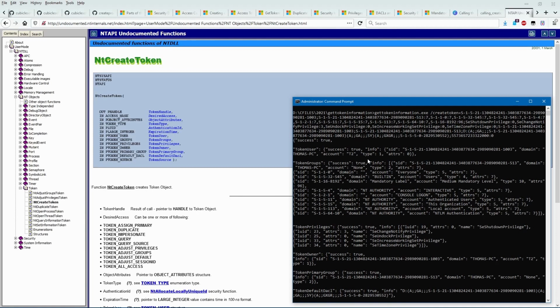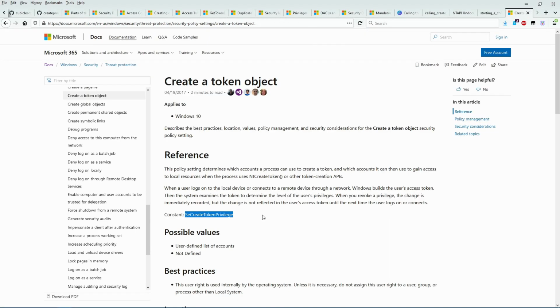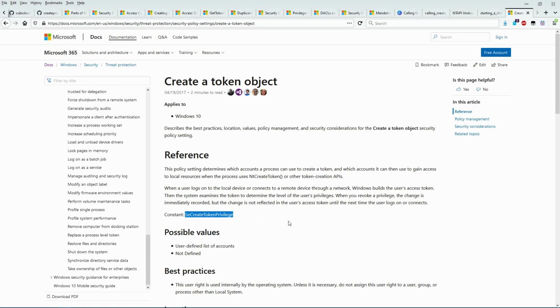The Create Token option calls an undocumented Windows kernel API known as int create token. int create token creates new tokens from scratch with almost any combination of SIDs and privileges. However, calling the int create token API requires SE create token privilege. SE create token privilege is one of the few privileges in Windows that actually does exactly and precisely what it says on the tin. Unfortunately, very few processes have SE create token privilege, and obtaining it requires completing a somewhat complex set of steps.